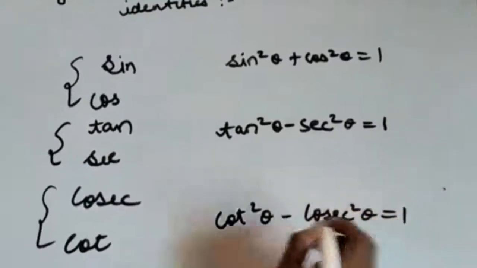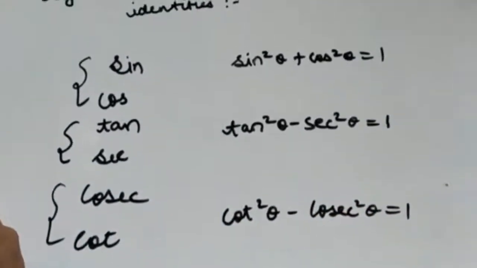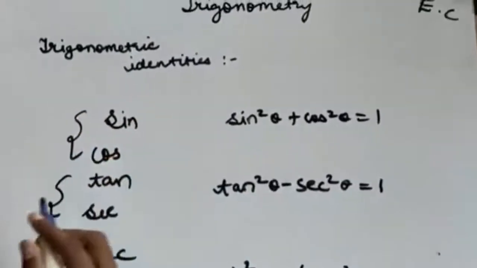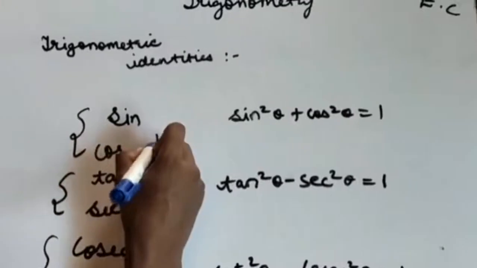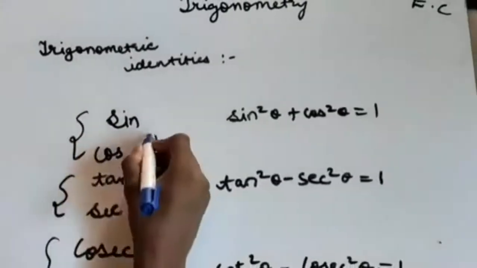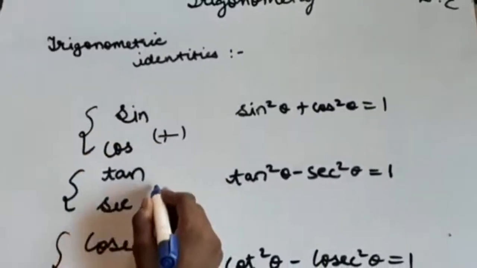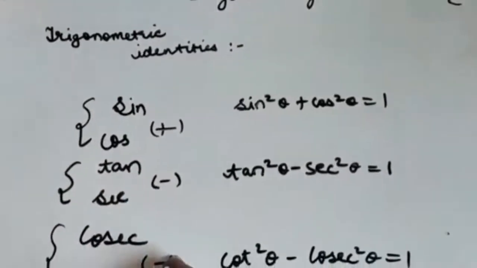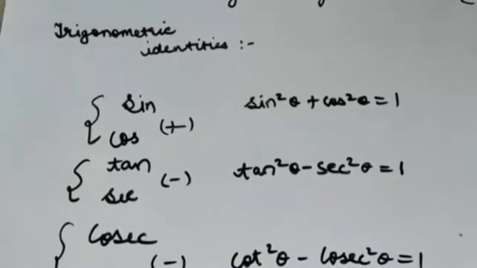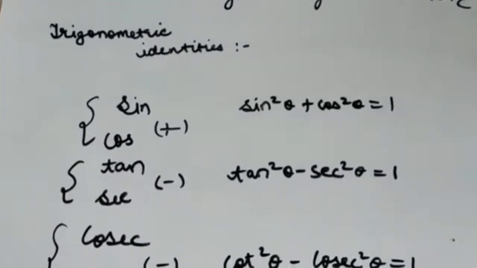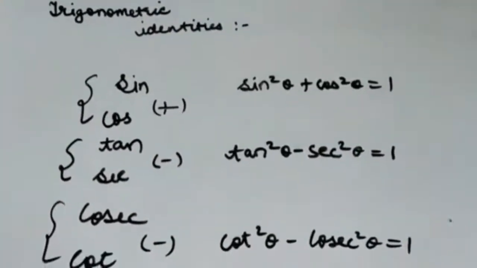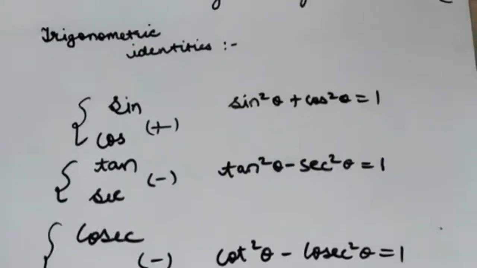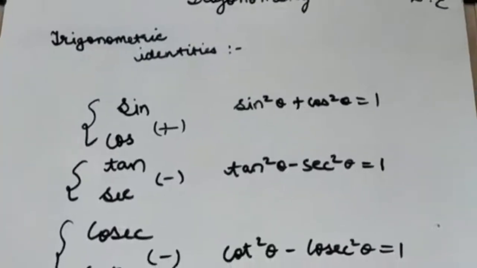is equal to 1. The one thing you have to remember is between the first two trigonometric ratios we have to add the addition operator, but for the next two identities we have to add subtraction operators between the two trigonometric ratios. So that was the simple trick. I hope this trick helps you in remembering the trigonometric identities. Okay, so now let's take an example to clear our understanding.